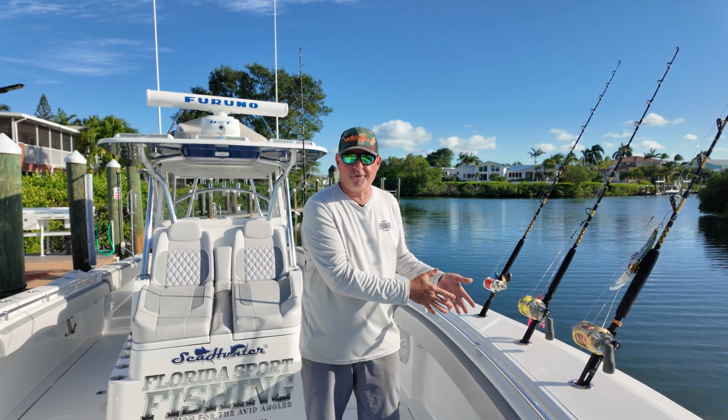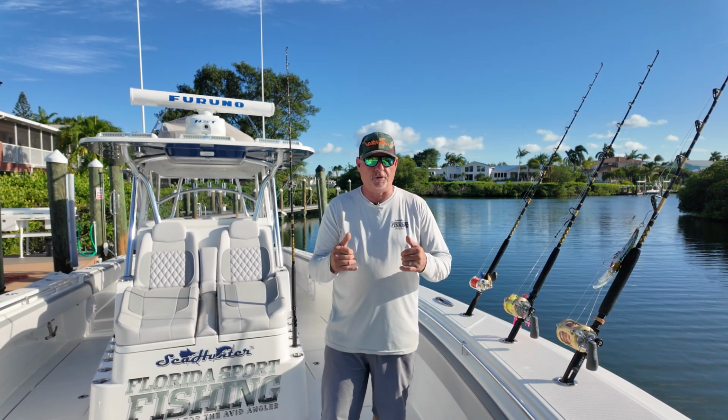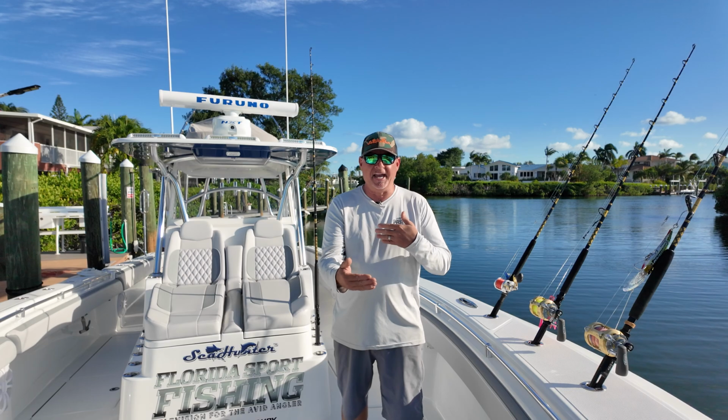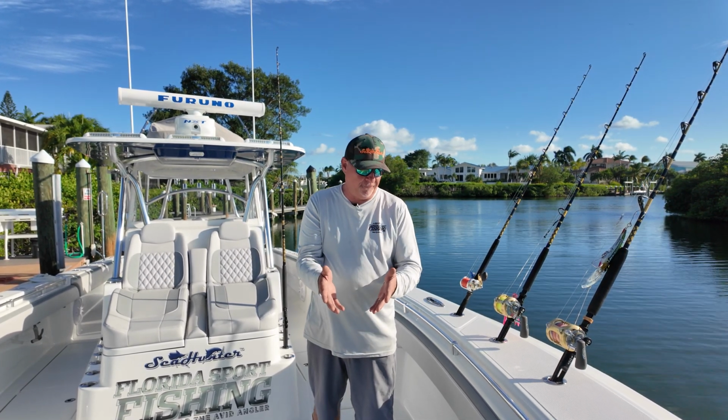Selecting trolling rods, okay? Could be a daunting task. So many different sticks out there. You guys know I fish Chaos, but this isn't about the brand. It's about why, how, the different little details that make all of the difference when you're out on